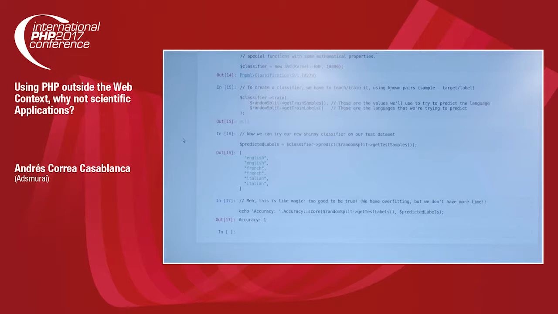So that's all. There are much more things about that topic, but I think that there are a lot of things to do yet. So if you have questions or doubts, or